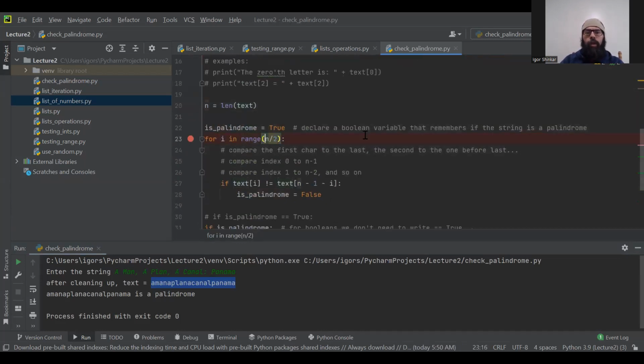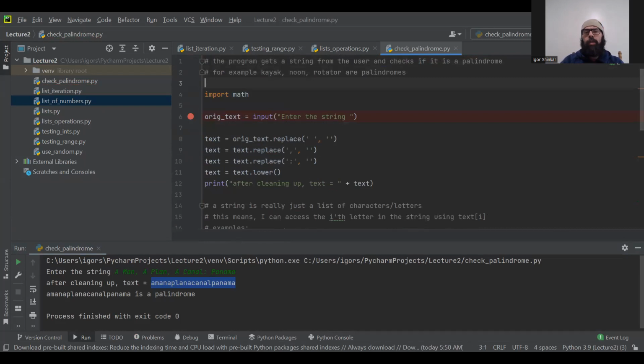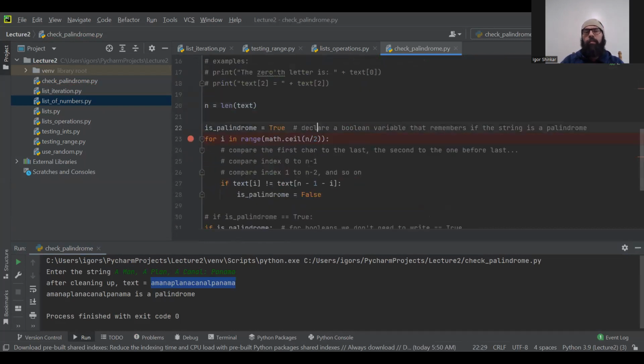We're going to import math, and we're going to say, with i, don't go all the way to the end, but go only up to n/2. So remember, import means we import a package math, and math has a function called ceiling. So what ceiling does is it takes a number. So if n was even, then it would be fine. Then it would be just an integer. But if n was odd, we would need to round it up or down. I suppose it's fine also to round it down. But either way,